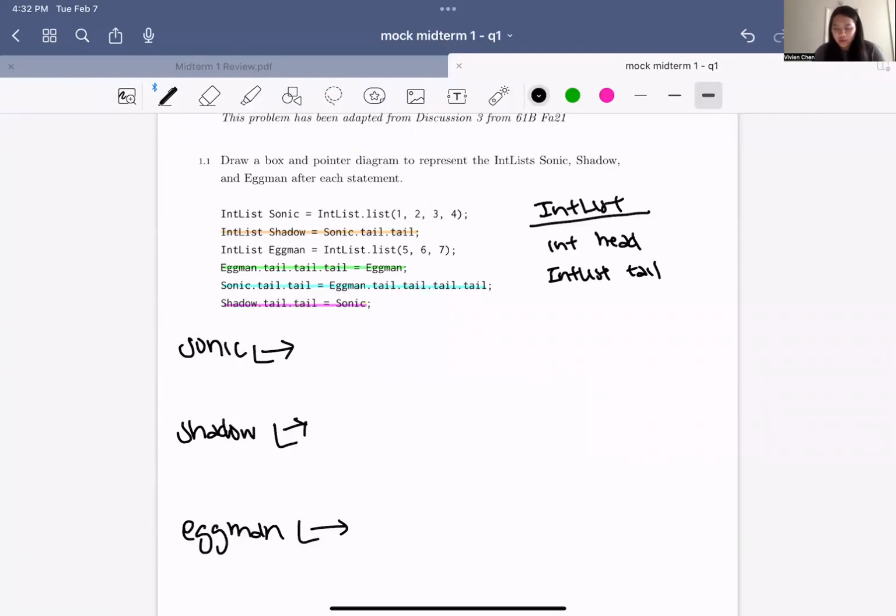Hi everyone, today I'm going to be going over problem 1 of the mock midterm review. So let's just go ahead and get started. Problem 1 says draw a box and pointer diagram to represent the int lists Sonic, Shadow, and Eggman after